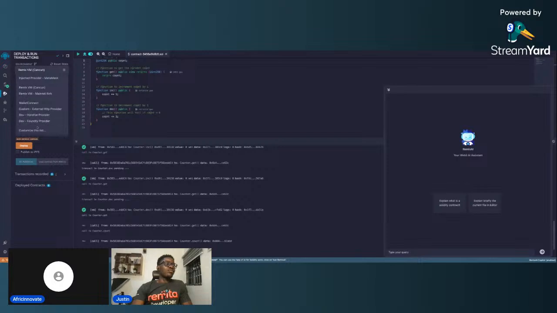Hardhat. If you are using Hardhat, in our previous class we talked about frameworks for writing smart contracts. We talked about Hardhat and Foundry. So these are the frameworks for development. So if I have Hardhat installed, I'll just use Hardhat from here. But let me use my MetaMask and